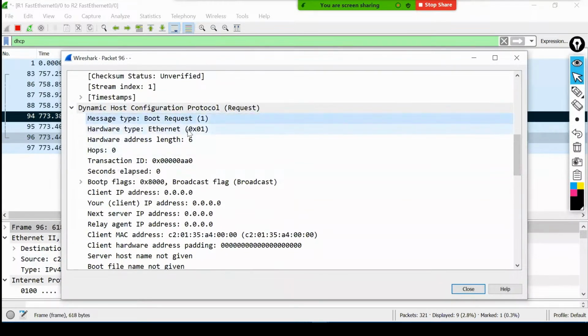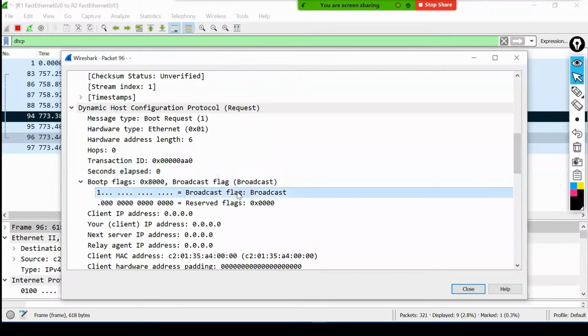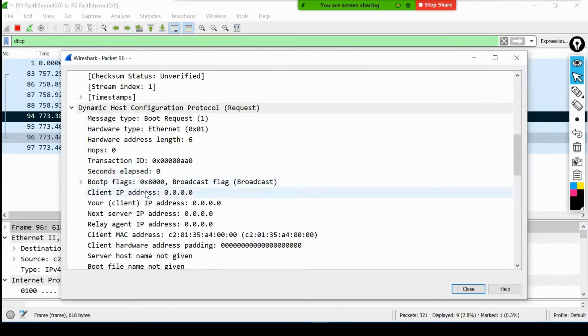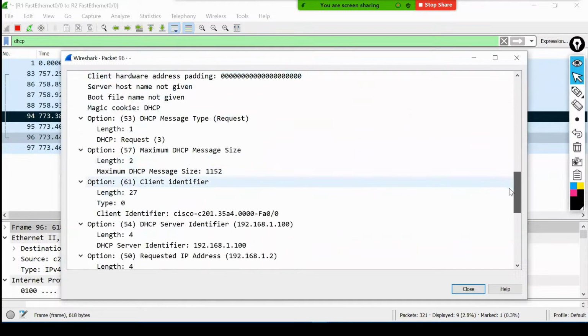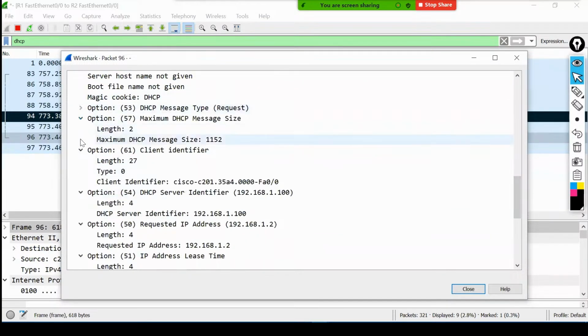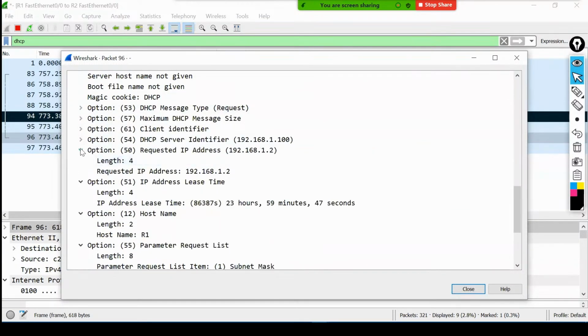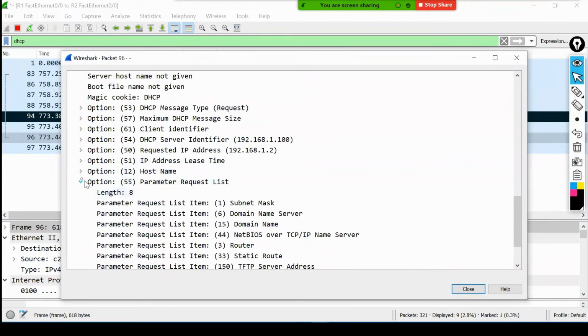Same information: Ethernet, hardware, hops, transaction ID, boot flag still broadcast, client IP address unknown, client MAC address, and the same option field. Nothing is different.